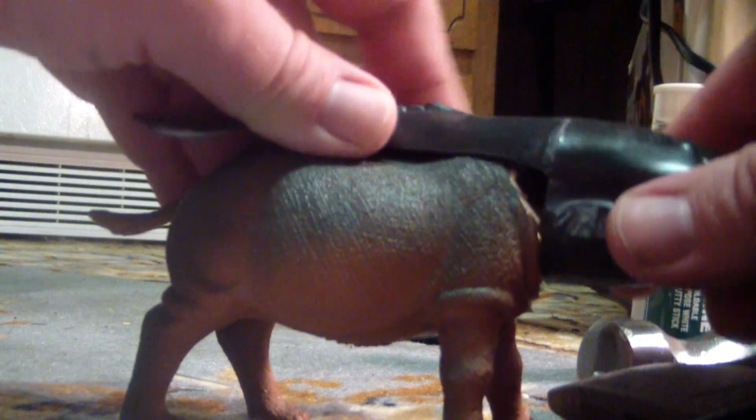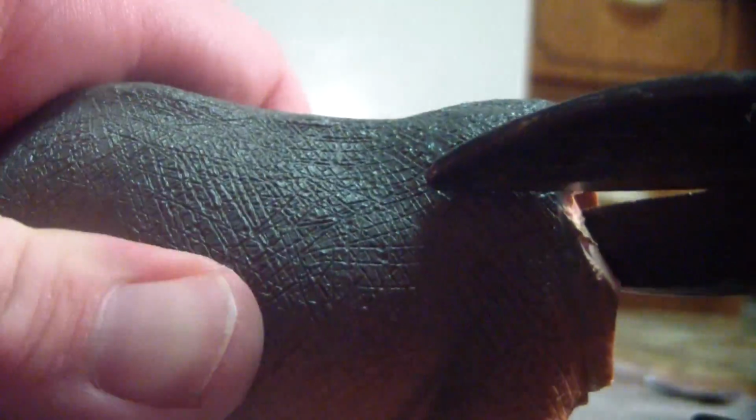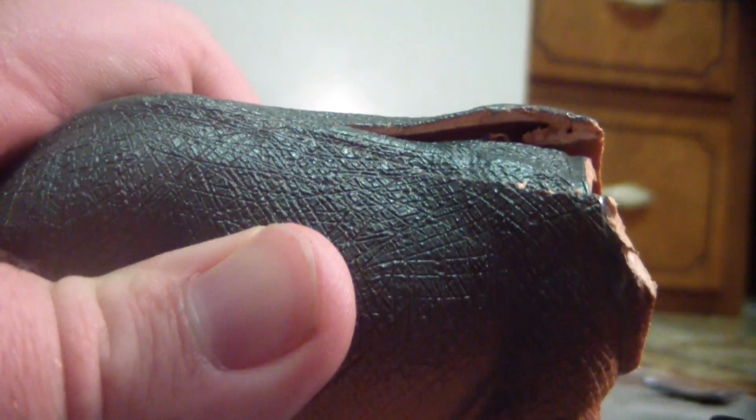I could probably speed that up, but once you get it cut correctly like this, you'll see it's going to fit pretty good on the hippo, but it's not quite flush. Now I'm going to cut a wedge out of the back of the hippo here, and that's basically so the back of the hippo has a little less structure, and it'll line up better with the whale when I push it down on here. I know it's kind of hard to explain, but